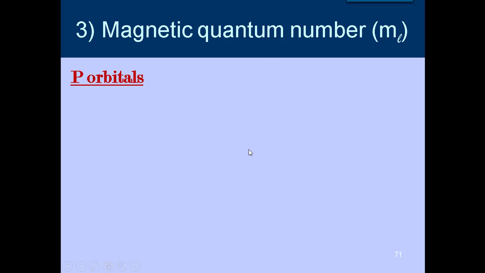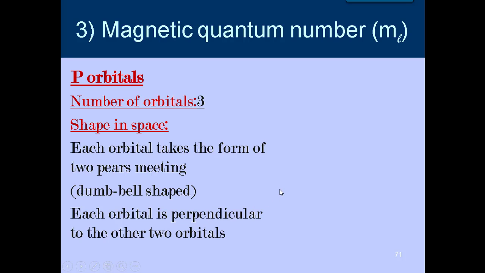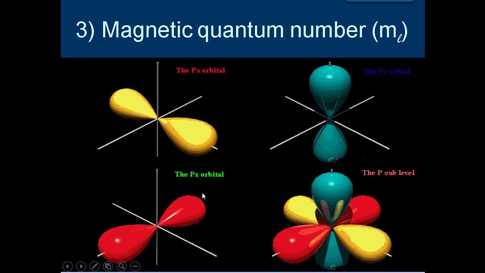Let's move to P orbitals. P sublevel consists of 3 orbitals. Their shape is like 2 pairs meeting head to head, or dumbbell shaped. In the following slide we can show the shape of P orbitals. As you observe here, we have 3 orbitals. One